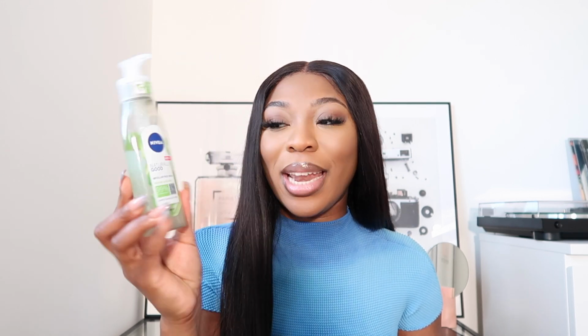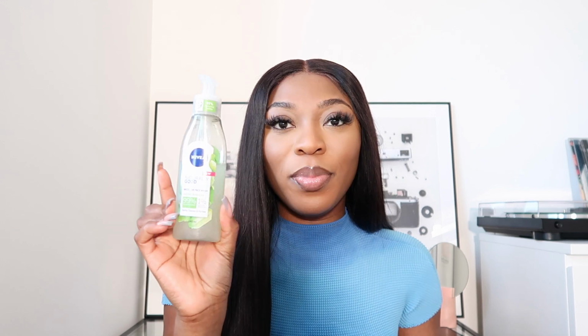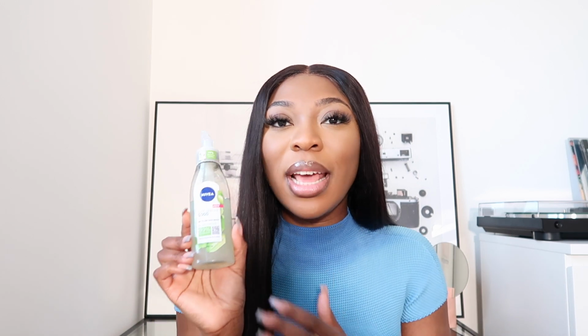The next product I've been using, you'll be able to see with your eye that I've been using it. It is the Nivea Naturally Good Micellar Face Wash with organic aloe vera. This has quickly become my favorite cleanser. I use this every day, and I think it's the aloe. I find it really calming for my sensitive skin, and I haven't usually before, when I would use cleansers quite often, because of how sensitive my skin is, just because I'm washing it, it would be red. But this,